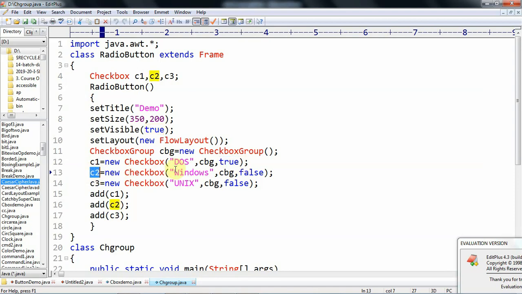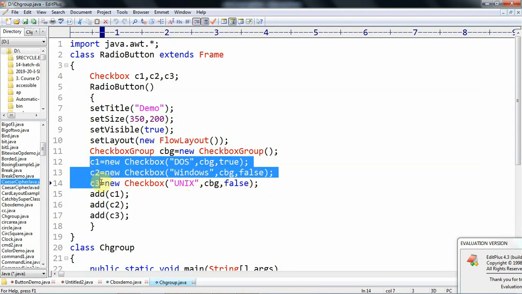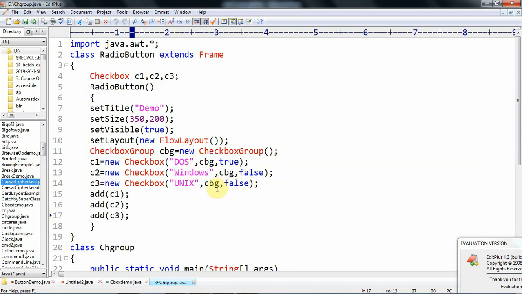Then C2, the label is Windows. C2 is also placed in the same group, that is cbg. Initially that is unchecked. Then C3, this label is Unix, and this is also placed in the same group, and that is unchecked. So like that three checkboxes C1, C2, C3 are created and placed in the same group.